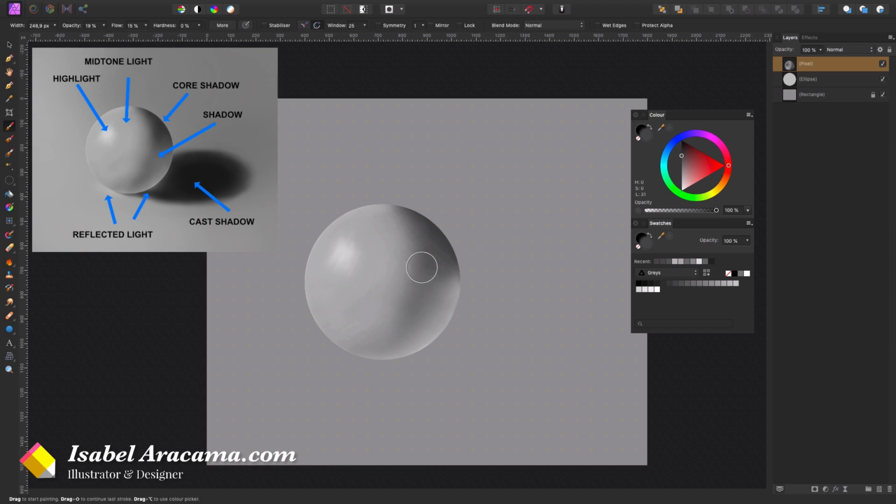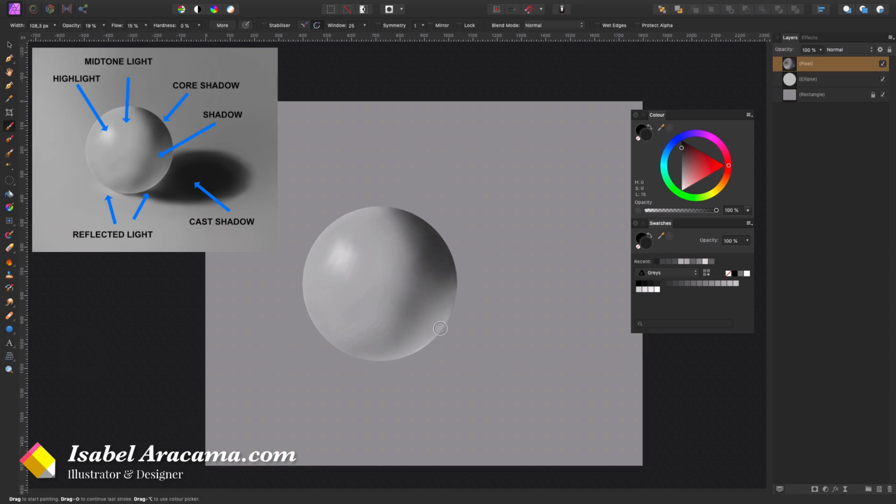Now I'm gonna make this darker, so the contrast is bigger. And now I'm gonna grab my smudge tool, which is forbidden, but I'm gonna help myself with it. Okay, so not being perfect, far from perfect, because you know it takes a bit of time. It's not looking too bad.